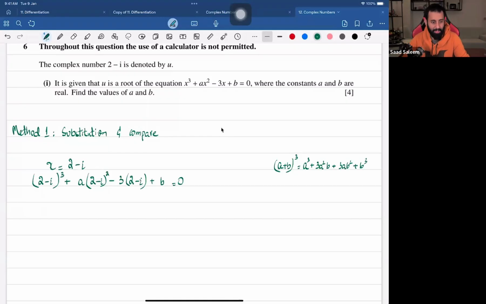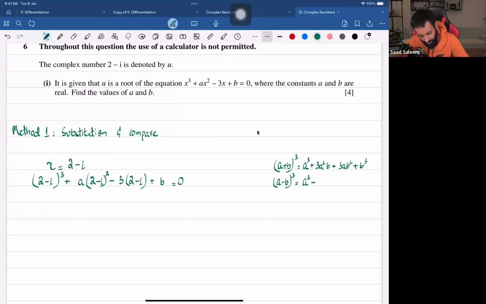Okay, this is an identity, as it is with every other identity: if you don't know it, that's fine. It's not the end of the world. You can do it manually. You can first square the whole thing and then multiply it by 2 minus iota. It's up to you really how you want to do it. And if you want to take this route where you memorize the identity, then